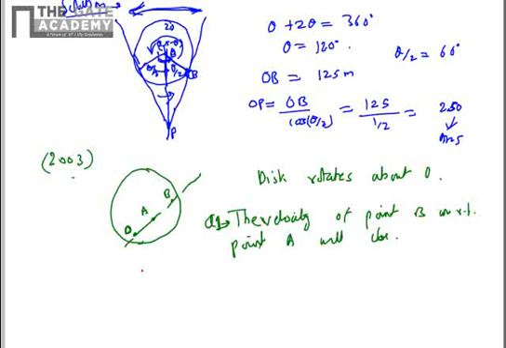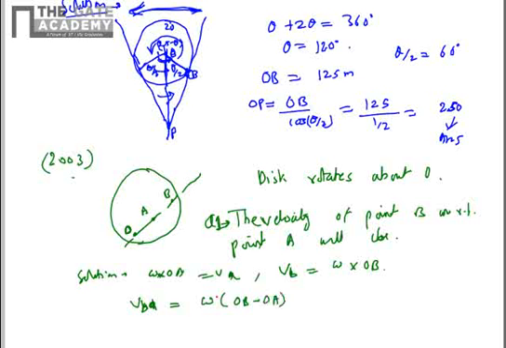how much? So the magnitude of the velocity of point A will be omega into OA, equal to VA, and VB will be equal to omega into OB. Since OB is greater than OA, VB will be greater than VA. The velocity of B relative to A will be omega times (OB minus OA). B is moving faster. But what about the direction? For finding the direction, we need to draw the velocity diagram.